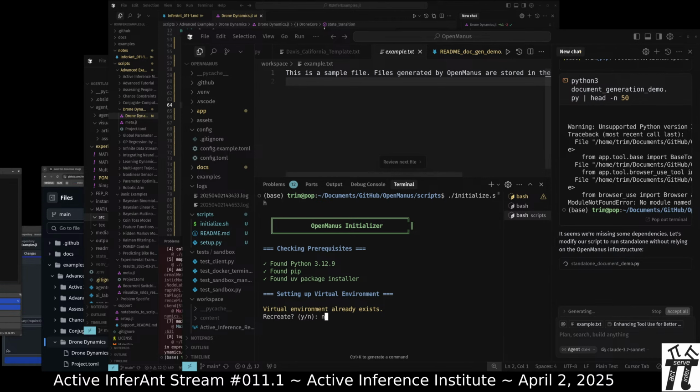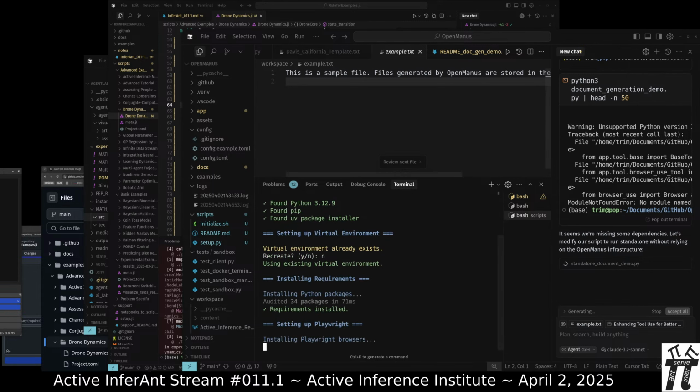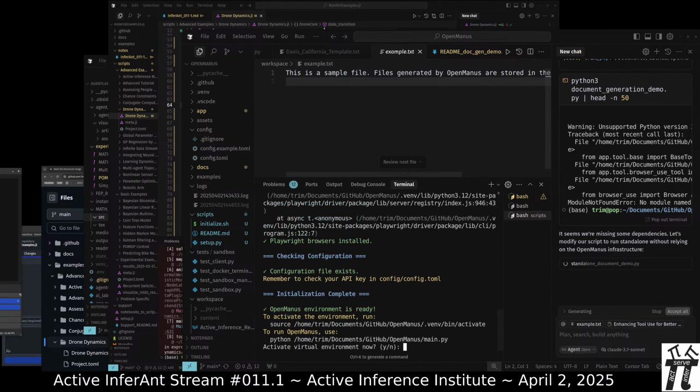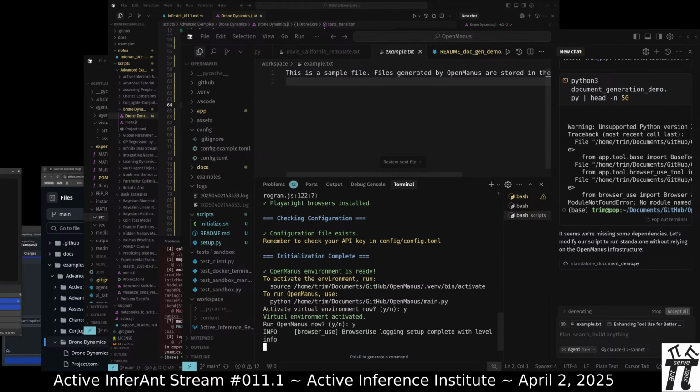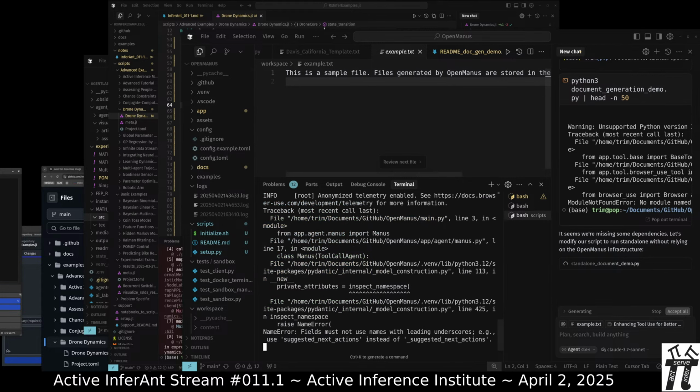This is the initialize script. Activate the virtual environment, yes. Run OpenManus, yes. Okay.